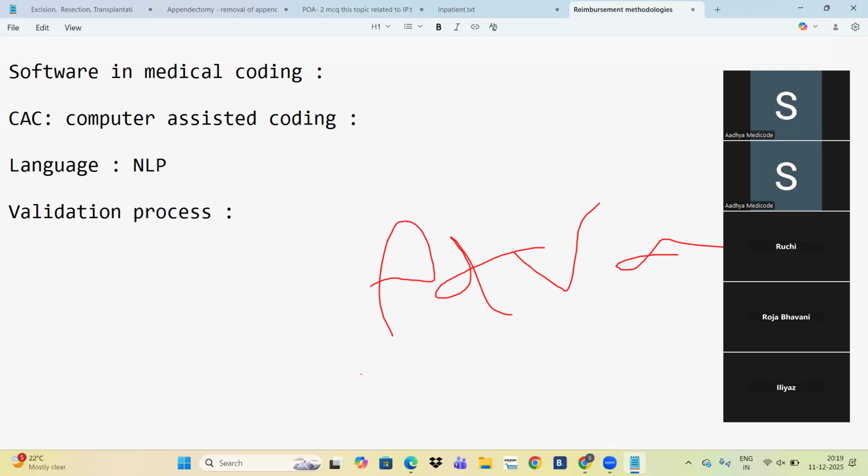Suppose CAC suggested diabetes and neuropathy separately, E11.9 and G62. But we know that combination code we need to code. So you will go with as per CAC or as per the specificity?